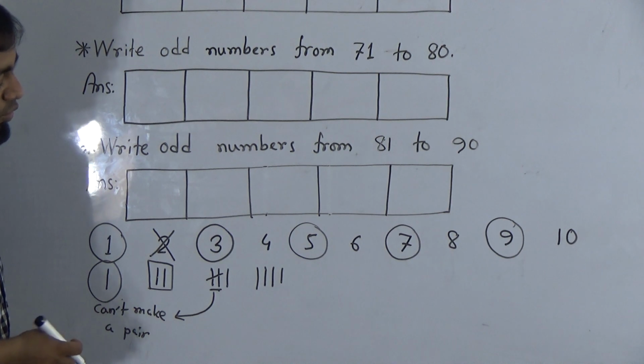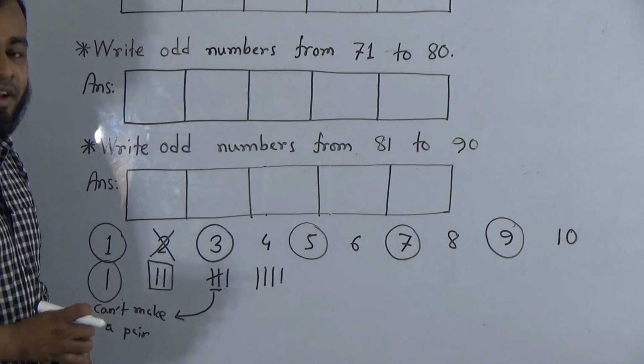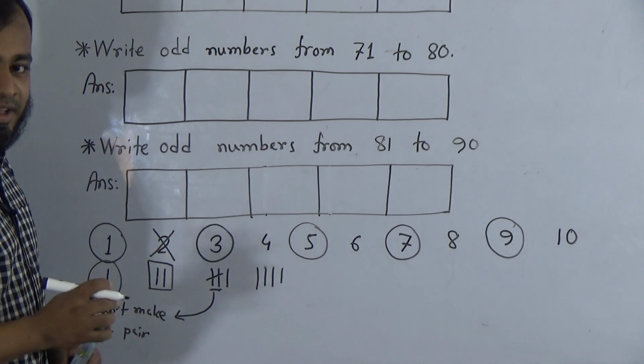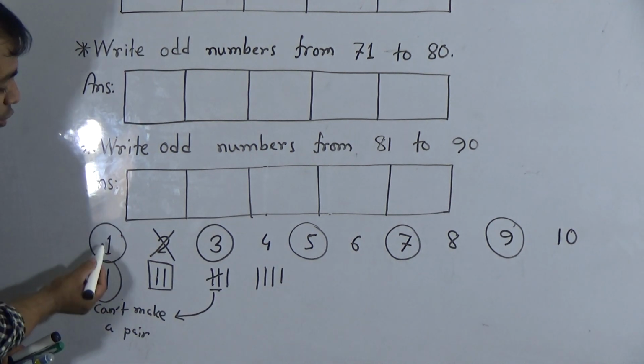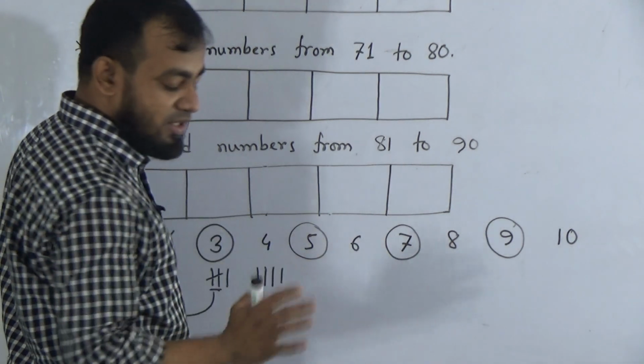And we know that which number has any one of these 5 digits in the ones place, that number will be an odd number. I repeat, which number has 1 or 3 or 5 or 7 or 9 in the ones place, that number